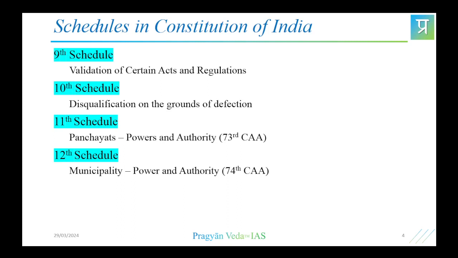In the 10th schedule we have the disqualification on the ground of defection. So when people in power enter election and clear, there is a chance of turncoats jumping from one party to the other after the elections and defying the public mandate. So to curtail all that, the anti-defection law was brought in, under which disqualification grounds are entailed. We have the 52nd Constitutional Amendment Act also reinforcing it.